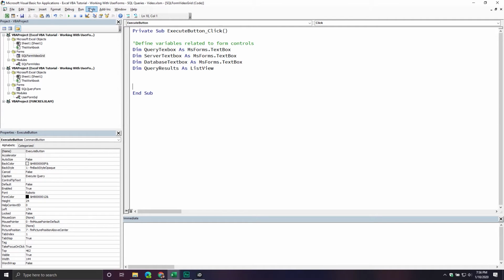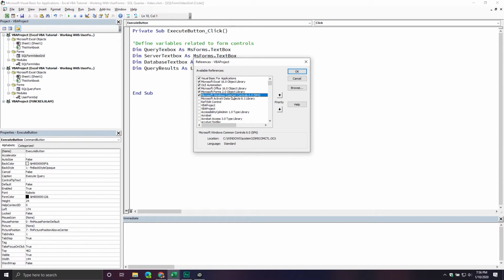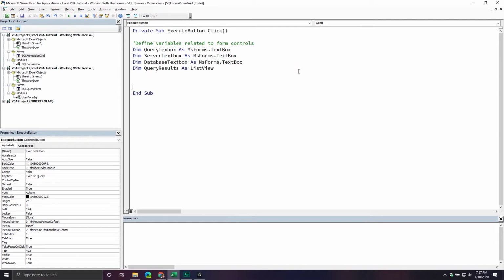If we go up to Tools, down to References, we now get a list of all the reference libraries that we have currently enabled. So we have Forms, our common controls, Office Object, OLE Automation, Excel 16, and Visual Basic. I want the Microsoft Access Data Objects library enabled. This one is a great library for connecting to different data sources